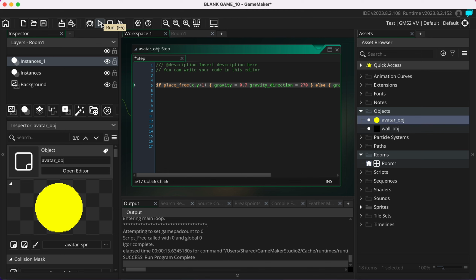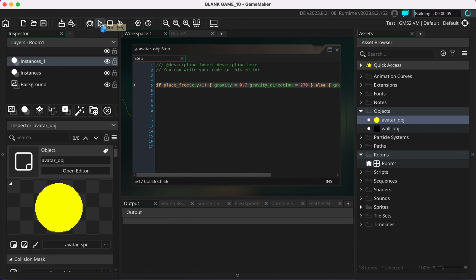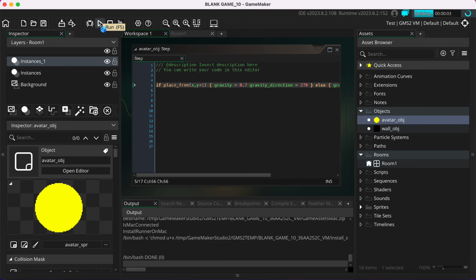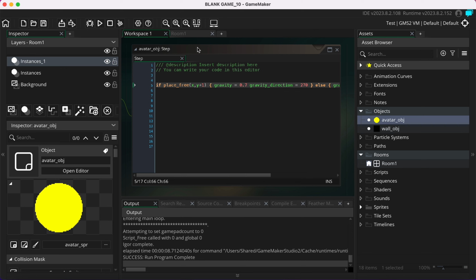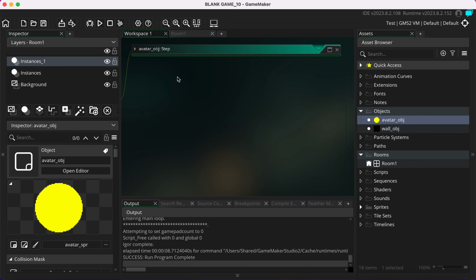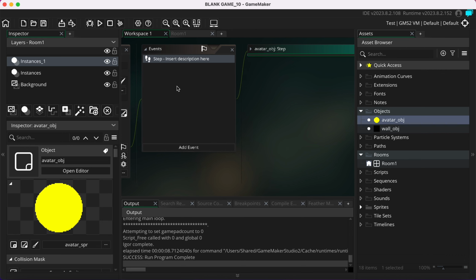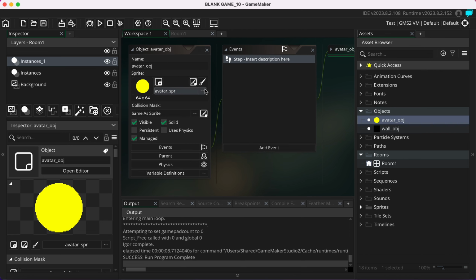So now if I click run, when the game loads, you'll see we fall. But did you notice we fell and we've fallen straight through the floor? That's because we need to add in another important piece of interactivity. Essentially, we need to tell the player's object, so the avatar object, what to do if it collides with the